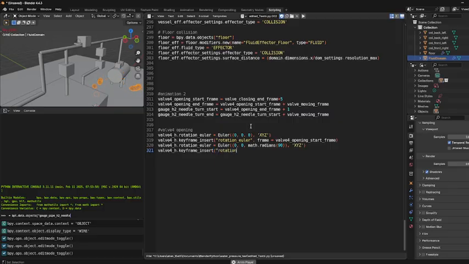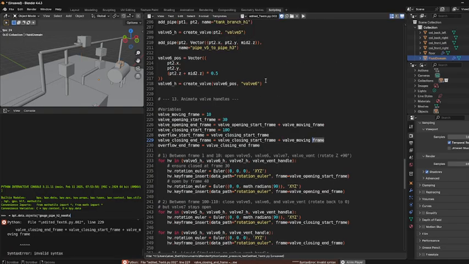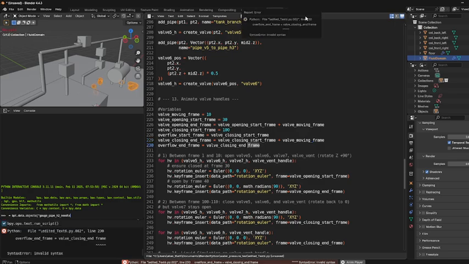Rotation Euler frame equals valve for, not opening start frame, opening end frame. Alright, we can test this out. But right after I fix not putting an underscore here and here,